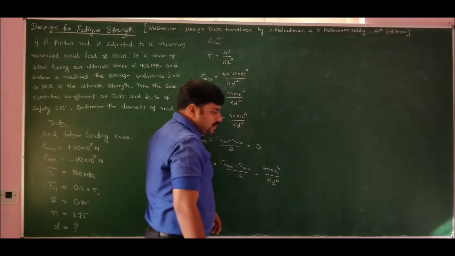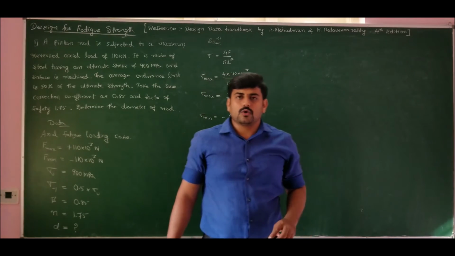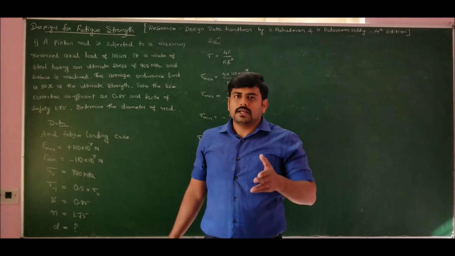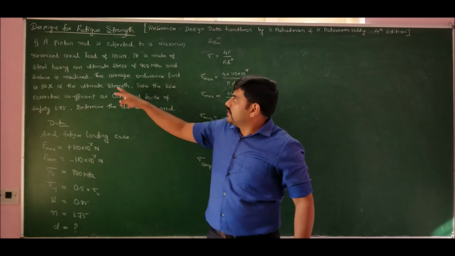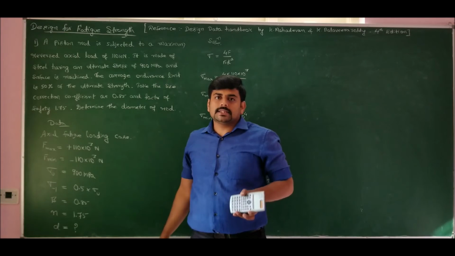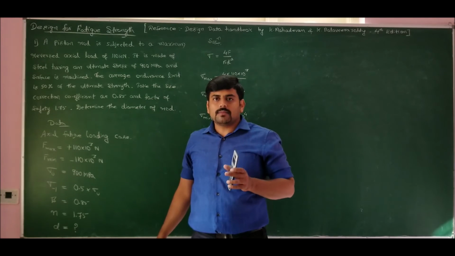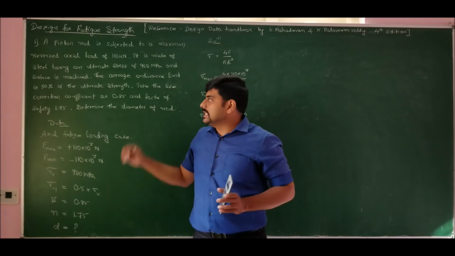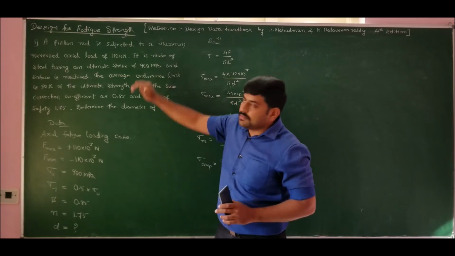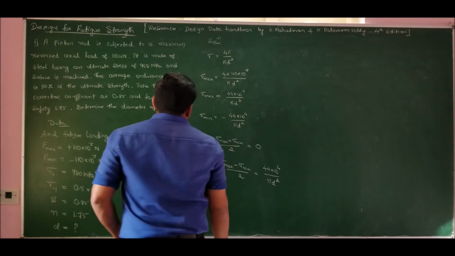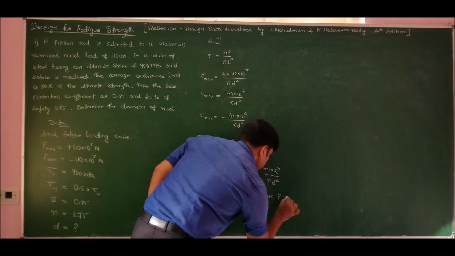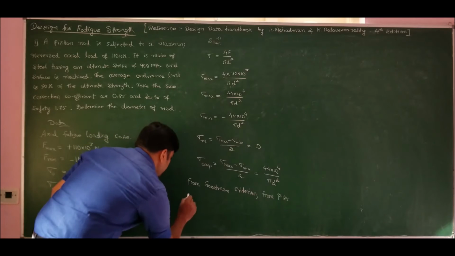Now the question is whether I should use the Soderberg criterion or Goodman's criterion for design. Since the yield strength has not been specified, let us go for Goodman's because we know the ultimate stress of 900 megapascals. Goodman's criterion is based on ultimate strength, whereas the Soderberg criterion is based on yield strength. Since yield strength is not known to us, it is better to go for Goodman's, from Goodman's criterion, equation 2.21a.